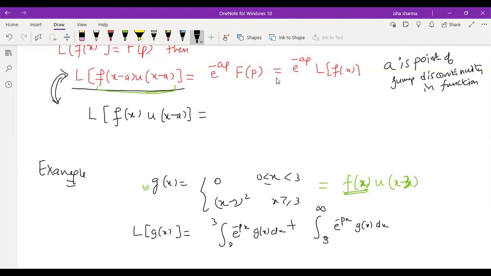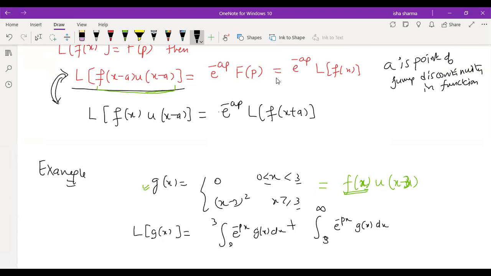But usually the functions which will be given to us might not be in the form f(x minus a). They can be just of the form f(x), like x square, or sine x. They might not always be (x minus 3) square. Like in this question it is of the form (x minus a) square, where a is the point of discontinuity. But in general, as you will see in some examples, these functions may not always be of the form x minus a. So what to do if they are not of the form f(x minus a), and are of the form f(x)? In that case the same result continues. It is just that x has to be replaced with x plus a.